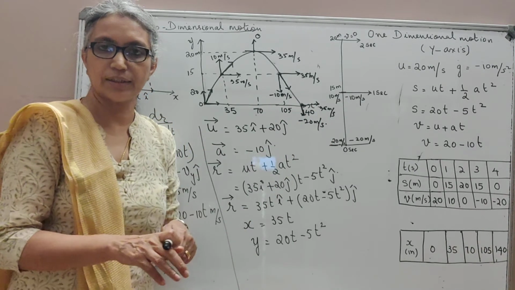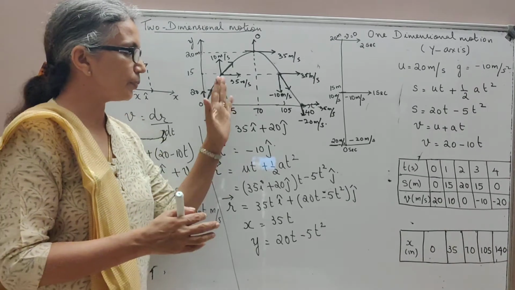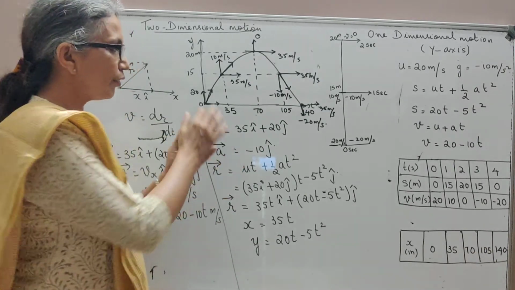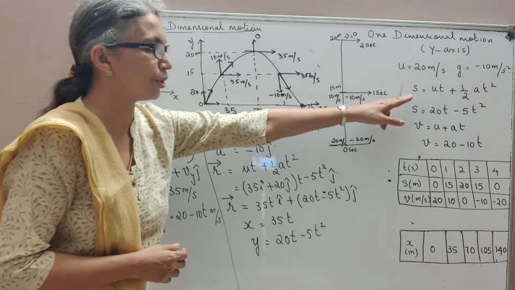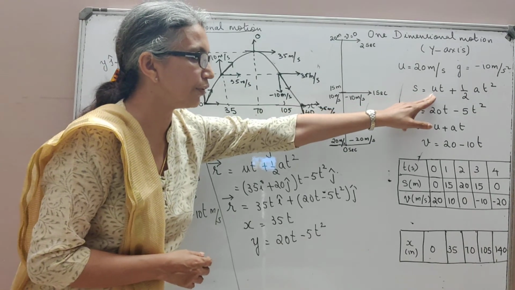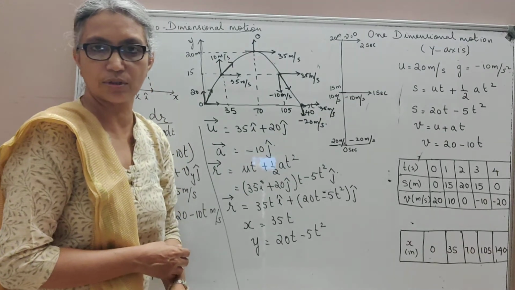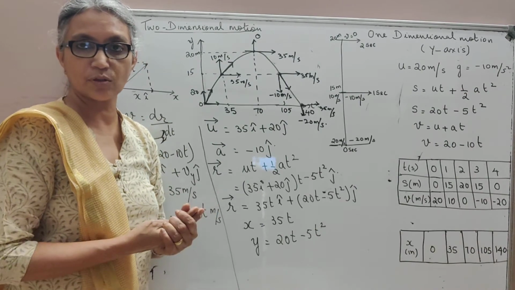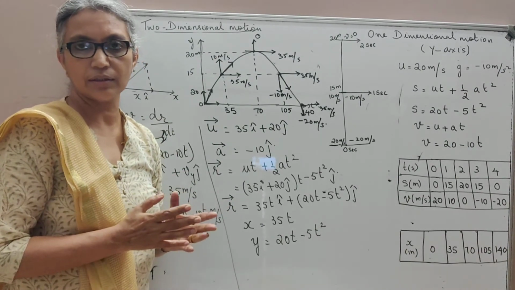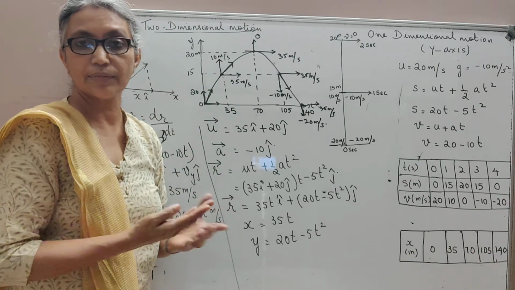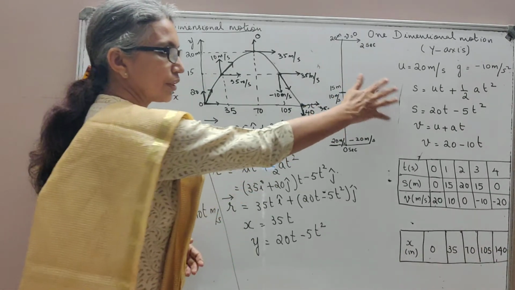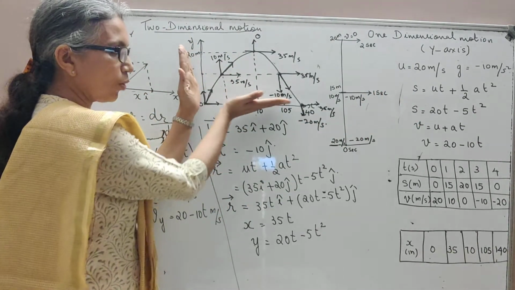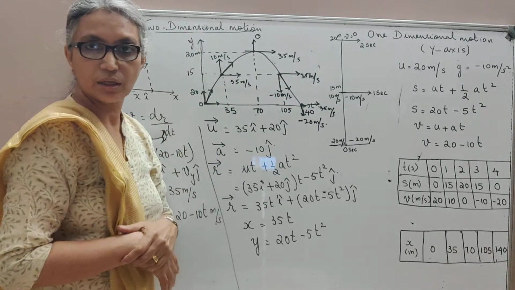So I hope through this example, you've understood that this body which is moving in two-dimensional motion has two components. So if you look at all the equations, you will see the displacement, the velocity and the acceleration are vector quantities. Only time is a scalar here. So whether it is the x or the y axis, time is a scalar independent of direction. All others are vector quantities which can be resolved into two components, one along the x-axis and the other along the y-axis.